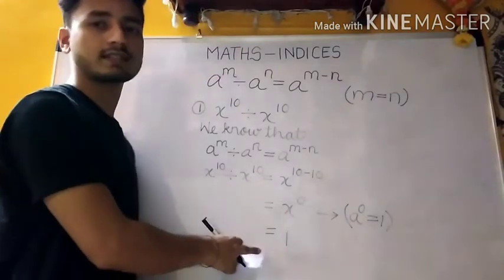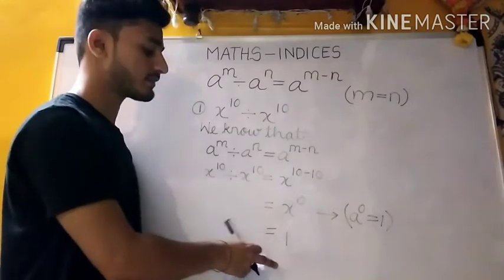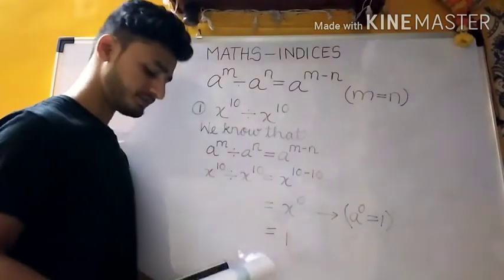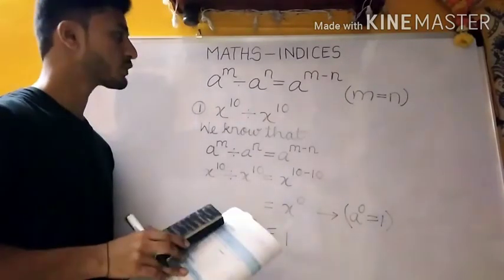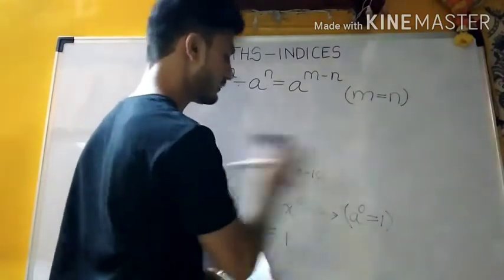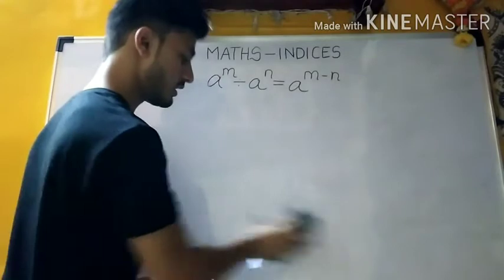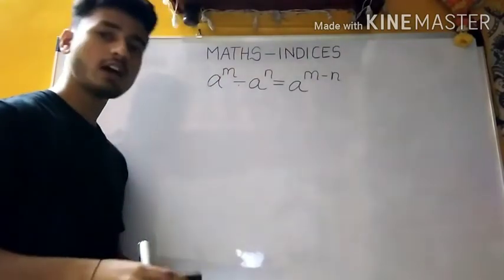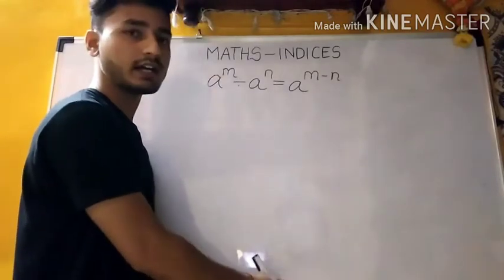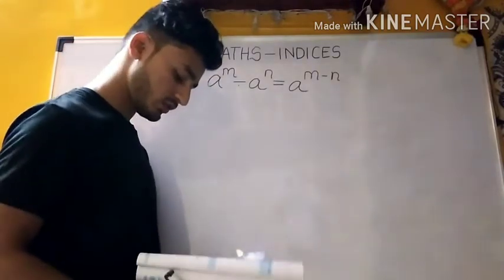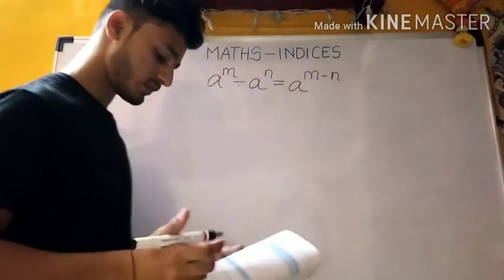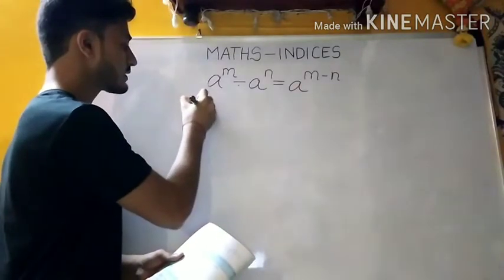This is the easiest case. From all the three cases, this one is the easiest one. Just remember all the steps for each case. Now, the next question is: find the value of. In simplification or simplify, we were just finding the basic form. Now we are going to find the entire value also. So, whenever there is find the value, use the following steps which I am showing right now.